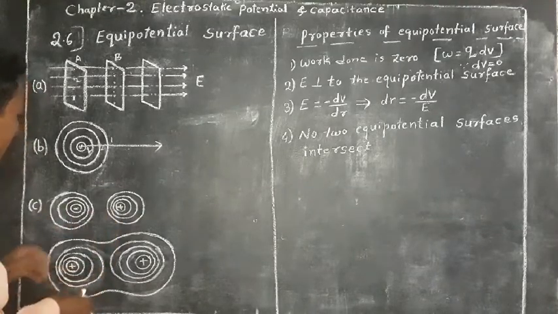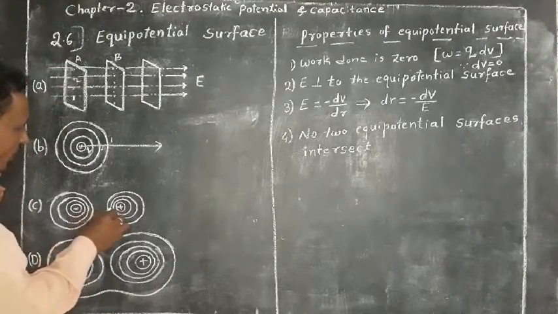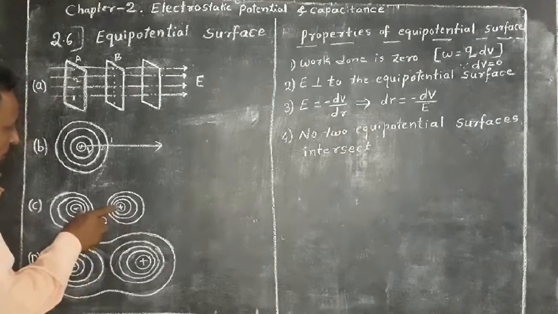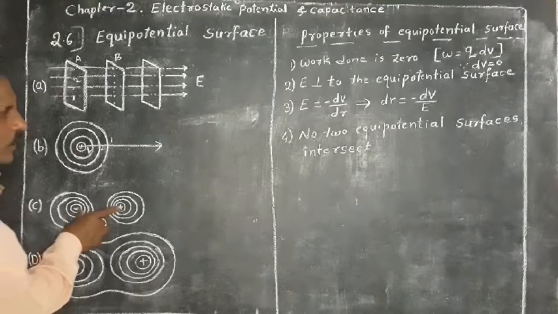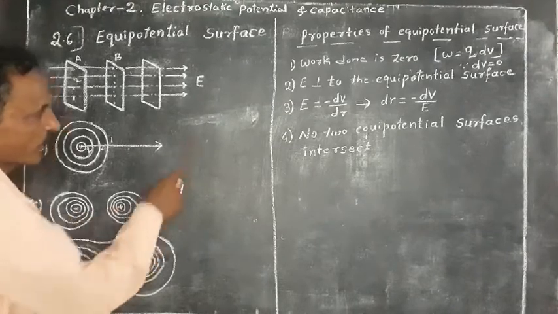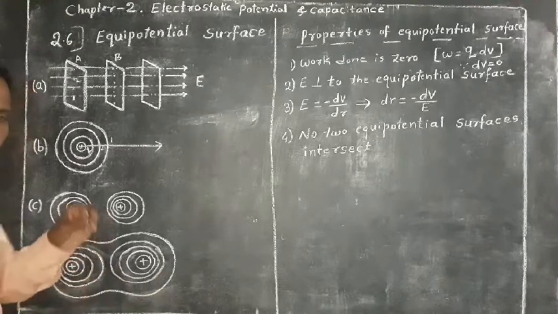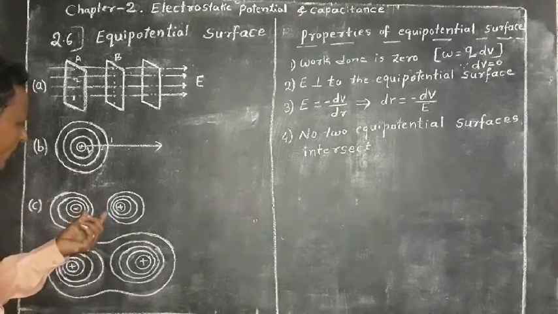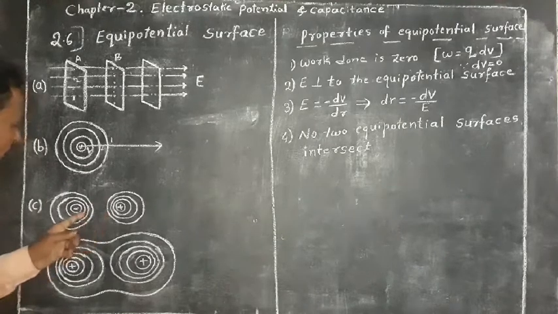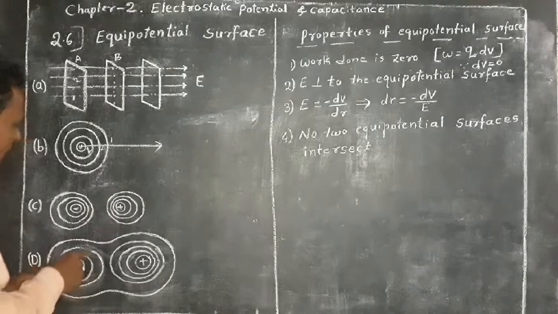In this case, electric field is stronger in the region between the negative charge and the positive charge. And according to the relation E equal to minus dV by dr, here dr is inversely proportional to electric intensity, and electric intensity is stronger in between the negative charge and the positive charge. Therefore, spacing between